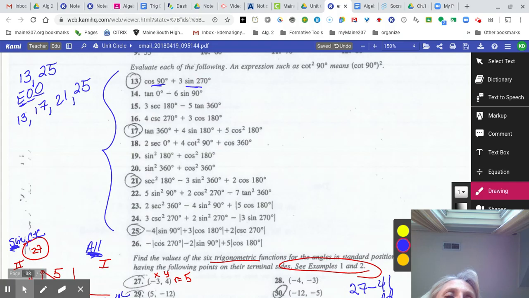But I need to look back at that chart and say, well, okay, what was the cosine of 90 degrees? So the cosine of 90 degrees, remember, that's up here. There's where my 90 degree is. The coordinate was 0, 1. Remember, they are in the order of cosine, sine. So the cosine of 90 degrees is 0 plus 3 times the sine of 270 degrees. Well, 270 degrees is right here. So this coordinate would be 0,